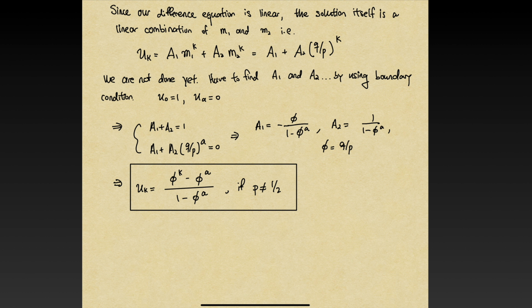What is our u of k? u of k was the probability of C of k, and C of k was the event that player A is eventually bankrupt. So that is for this video. For the next video, I will talk about the case where p_A is equal to 1/2, and then I will do some more problems from the Gambler's Ruin problem. There are many modifications, and hopefully my goal is to set the foundation to talk about Kelly's formula, the so-called wealth generating function.